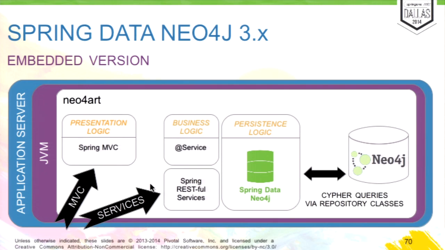We drew this picture to represent the fact that when we execute and run an application that uses Neo4j, we could decide to use the Neo4j graph database in an embedded mode. I mean, the graph database runs inside the same virtual machine in which the application is running. So we have strong performance